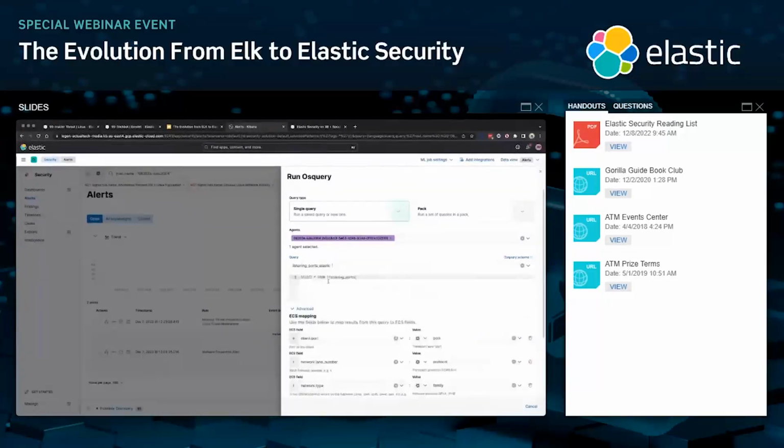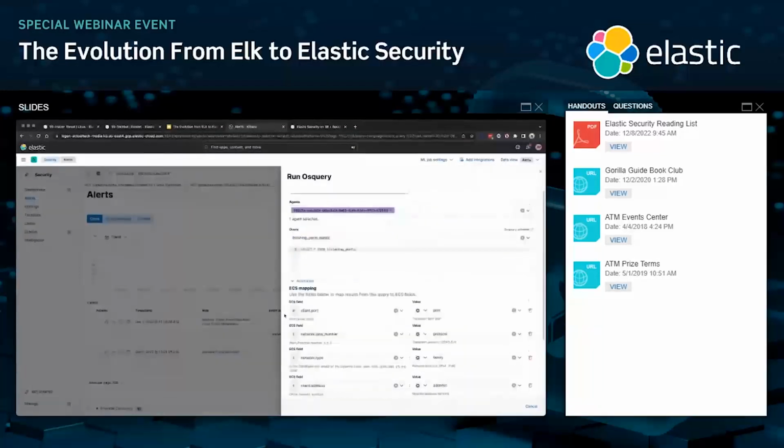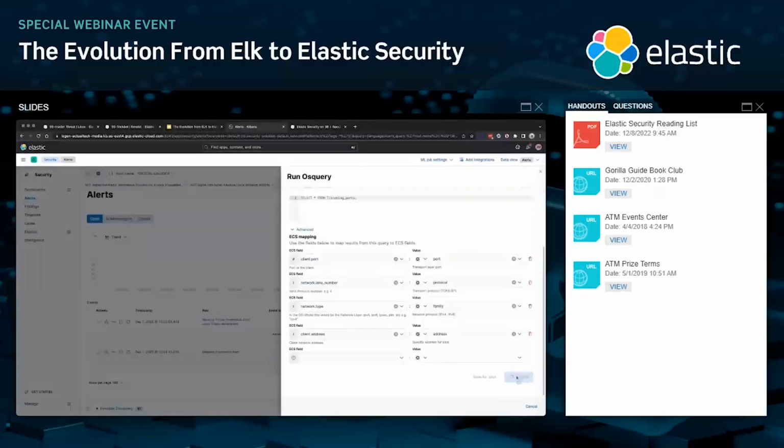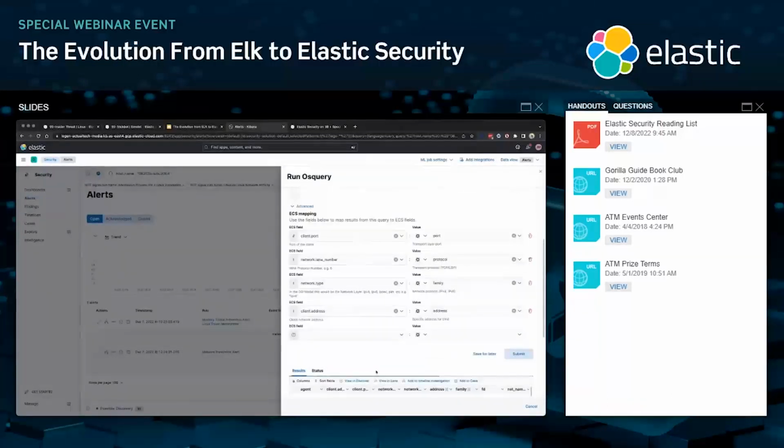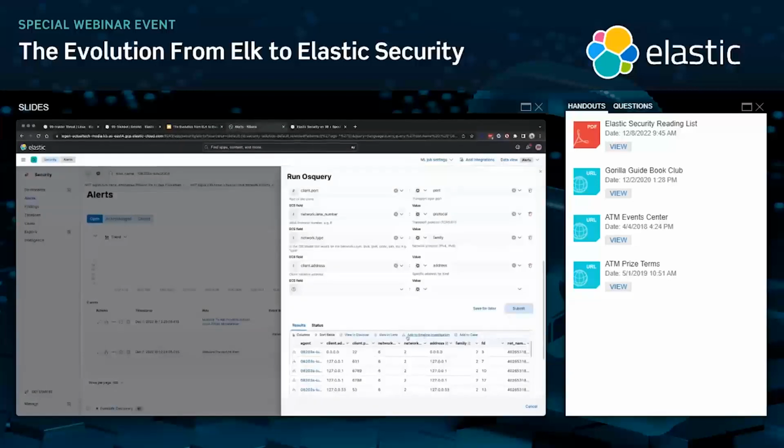We're going to submit this, and shortly after, we'll start getting a table view of results back where I can add this information to the timeline. I can view it in something called Elastic Lens for analysis, I can attach it to a case, etc. So if these ad hoc queries become part of my work product, part of my investigation, that's a valid response, and I can save that material.